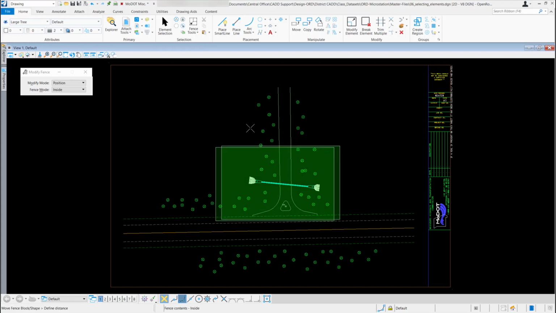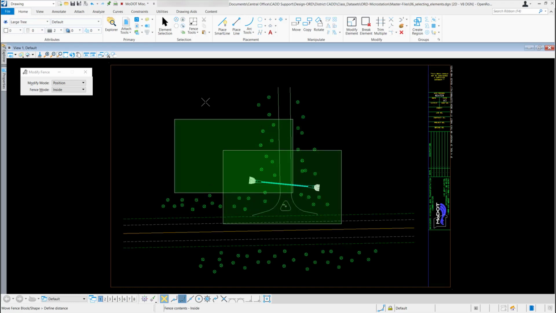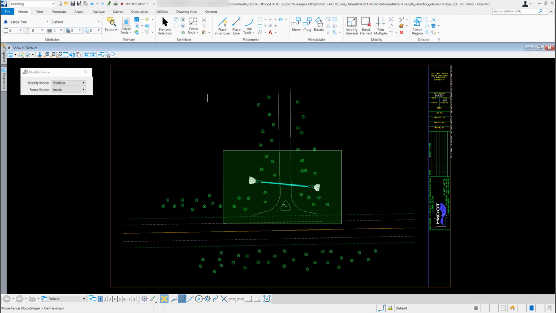And now when I move my mouse around, you can see that fence is now moving. And to drop that fence back off, you just left click to accept it, right click to reset it, and you've moved your fence.